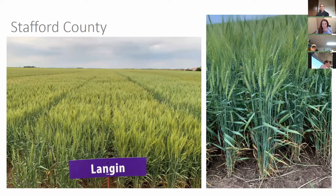Sorry about that. Yeah, Langin is kind of an interesting variety of the Colorado varieties. It's been a little more resistant than, say, Bird or Avery, which are very vulnerable. Langin has been a little better, and it seems like we've had some mixed results. It's been either intermediate or moderately resistant to stripe rust this year,